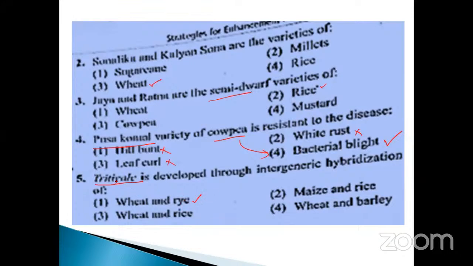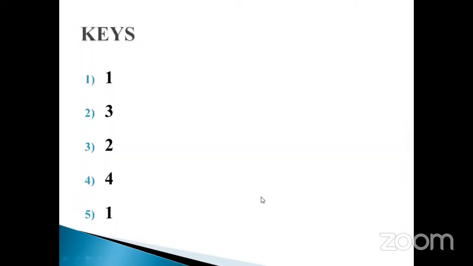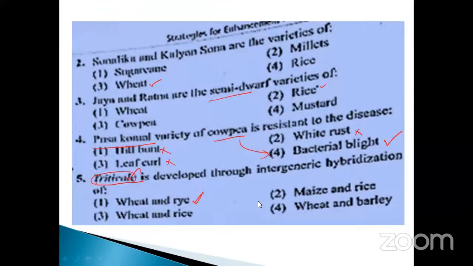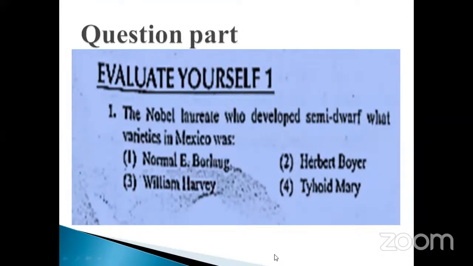The combination will give triticale. So this is triticale, a combination of the two species as one. As a result, you will get a single one. So this is the correct one. My dear, see that one. So that's all about the first part. We will pass on to the next one, my dear students.